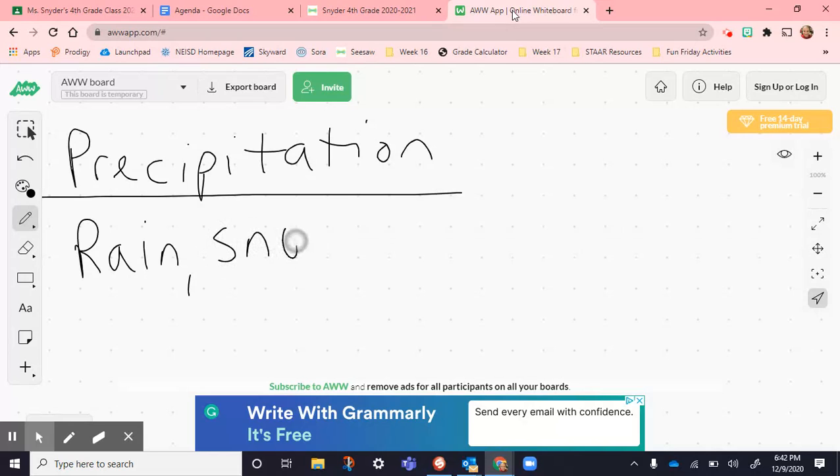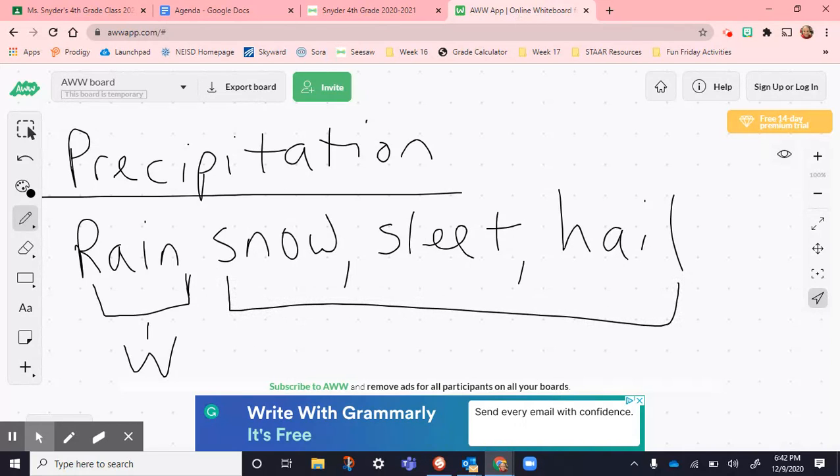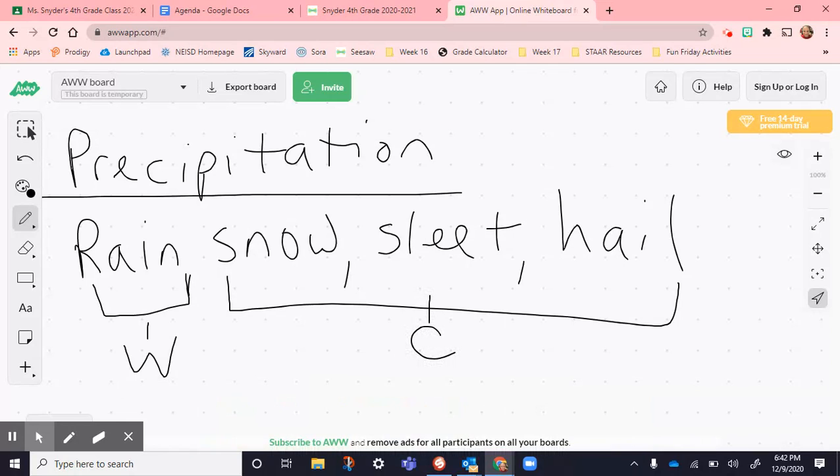snow, sleet, or hail. And so with these four, these all depend on the temperature. So if it's warm weather, I'll put W for warm, then the liquid is going to fall as rain. However, if it's colder temperatures, I'll put C for cold, that's where you get snow and